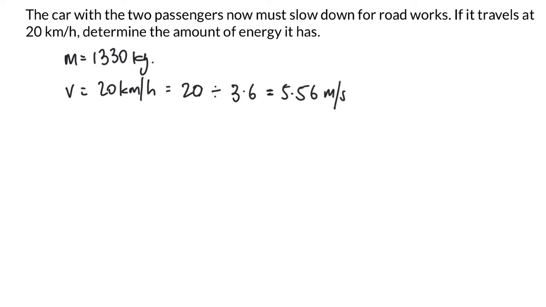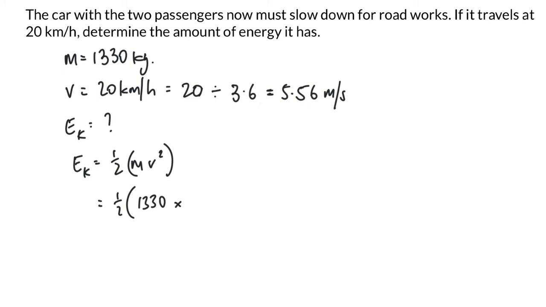So converting between kilometers per hour and meters per second is something that we did last term, or a couple of terms ago, but you still need to remember it, okay? And then your EK is your unknown. Okay, so let's have a look here. So we've got that there, so we can start putting it into the equation. So EK is equal to half mv squared, right? So half times 1,330 times v squared, which is